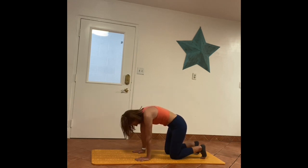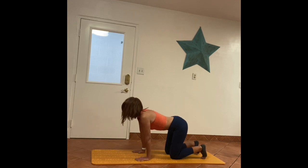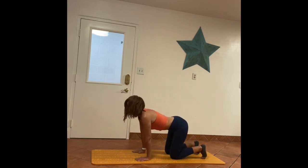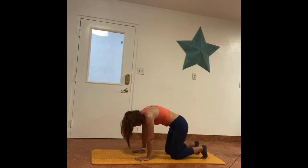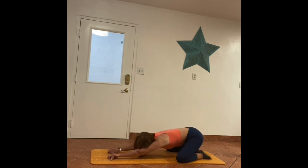Good, now we're going to drop it down. Look at our navel. Push up off of those arms that are anchors and get a good extension through that spine. Slow and easy wins the race here. Good. One more time in cow. Really drop that belly. Feels so good. And then I call it angry cat. Perfect. We're going to go ahead and widen those knees again on the mat and drop down into a child's